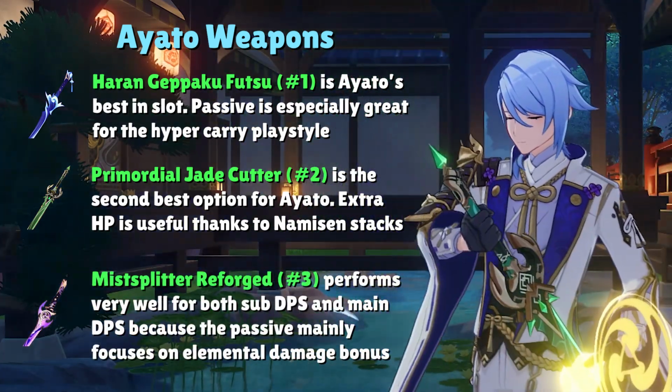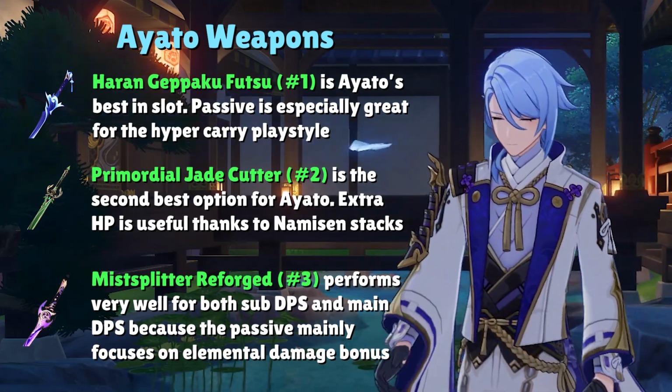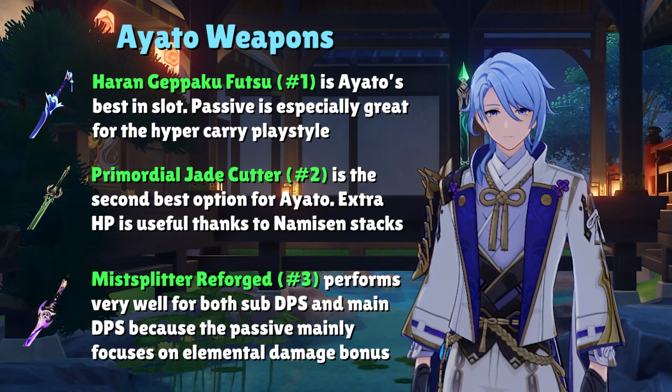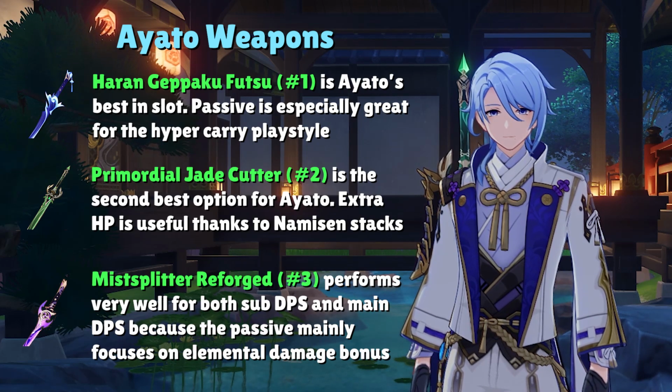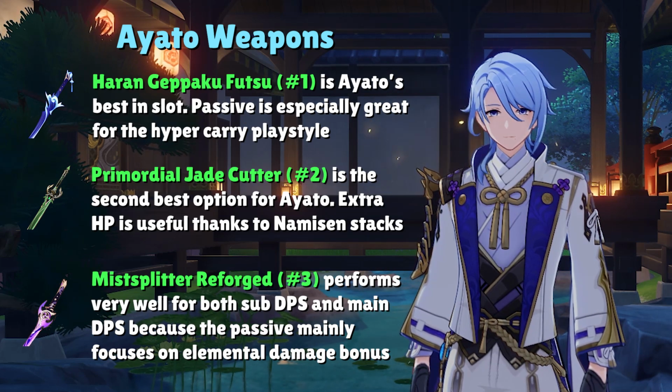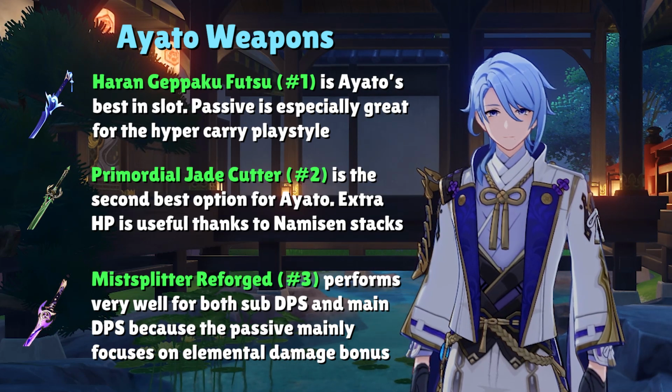This weapon wraps up the holy trinity of crit weapons that we have for sword users, and its passive is pretty good for balanced damage because unlike Haran, it solely focuses on elemental damage rather than being mostly normal attack damage. Beyond the newly formed holy trinity of 5-star crit swords, I'm sure many other players are